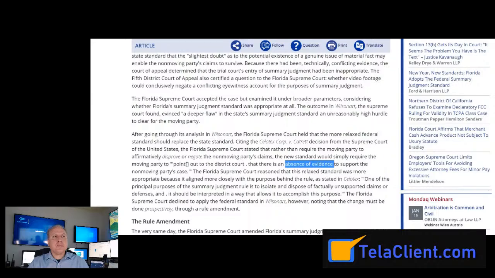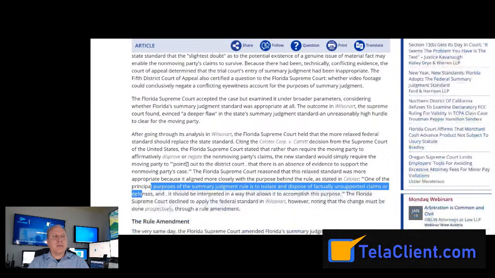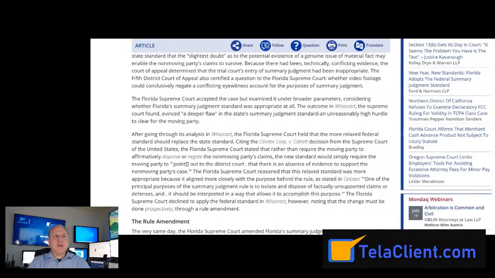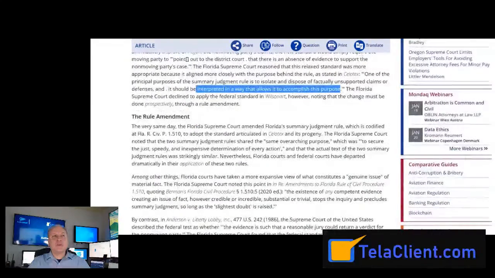summary judgment. And the reason they do this, and this is what the opinion said, is the purpose of a summary judgment is to isolate and dispose of factually unsupported claims and defenses, meaning that if the other side's case is unsupported factually or doesn't have enough information to say it's true, then you win. That way you don't have to waste the court's time. And the court said that the summary judgment should be interpreted in a way that allows this to proceed, allows this to accomplish. And then it talks about the rule amendment, why they're doing it,